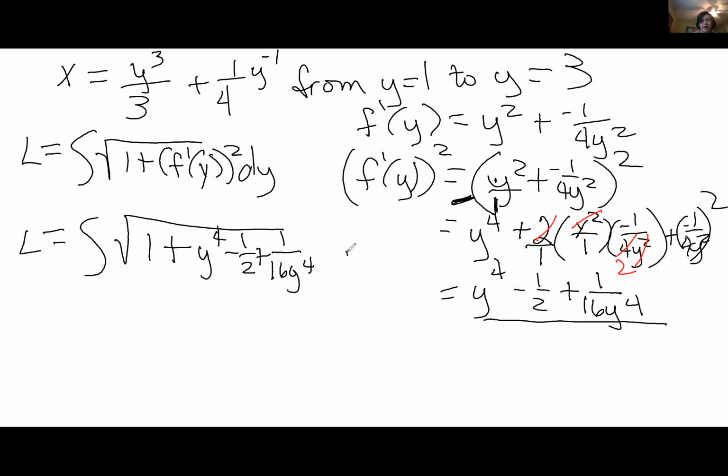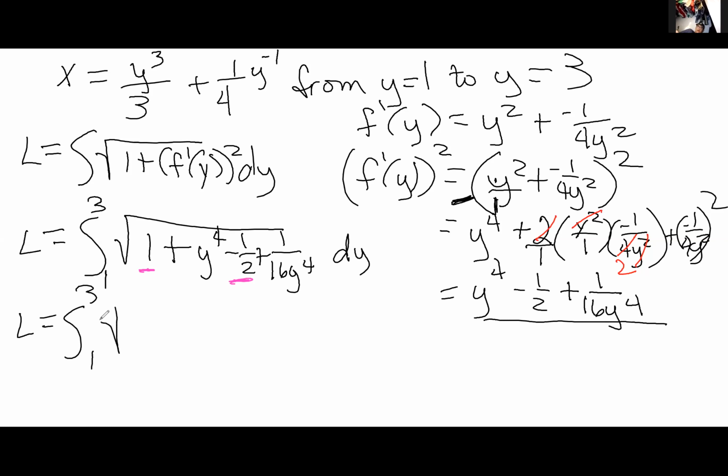I've got a dy on the outside. I haven't put on the limits of integration, but I'm ready to do that. What is that going to be? From 1 to 3. And what is the only thing under the radical that can be simplified or combined? The 1 and the negative 1/2. Yes, and it's going to turn it into